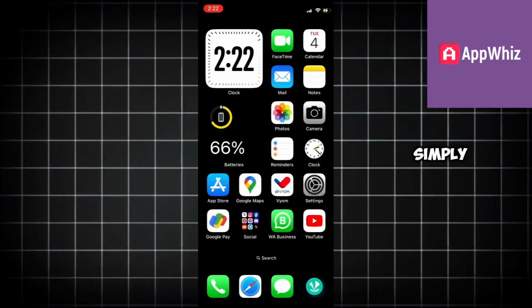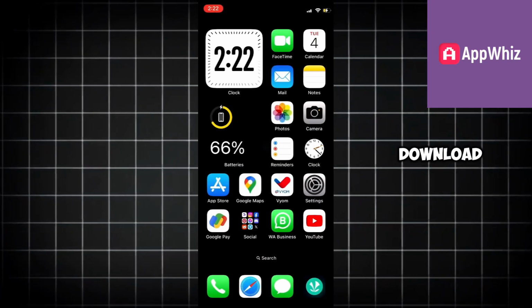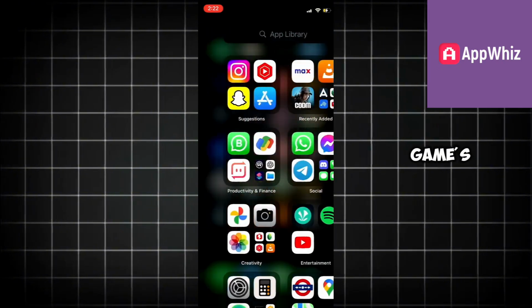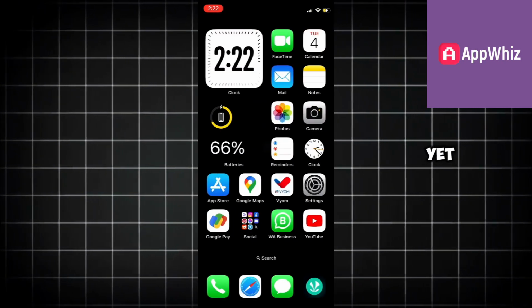On an Android phone, simply uninstall Messenger and download it again from the Play Store. Another reason the game's feature might not be showing up is that it may not yet be available in your